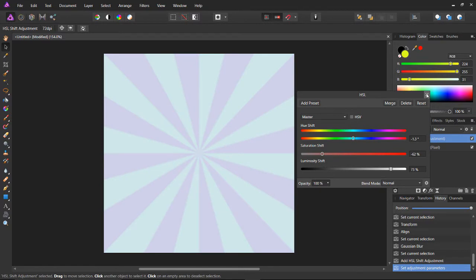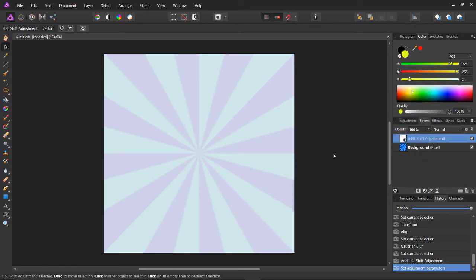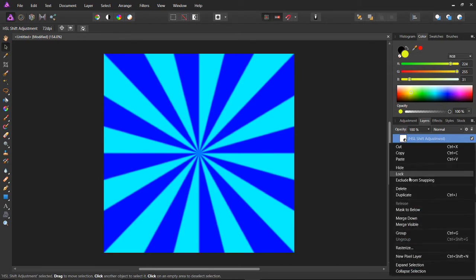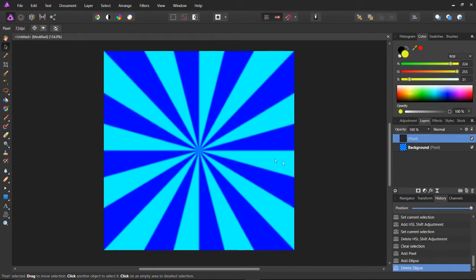So I don't need to change my color, so I'm just gonna X out of that and Control Z. Let's say you add a different layer that you don't need, like I just did. Right click and delete. So in order to add a circle for your logo, you want to go down to